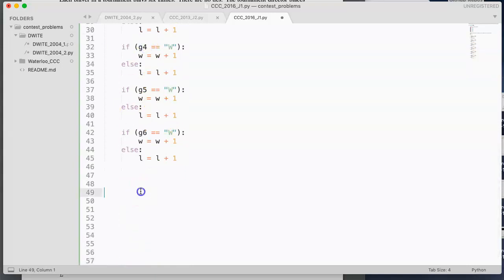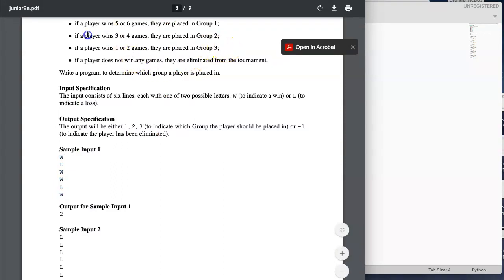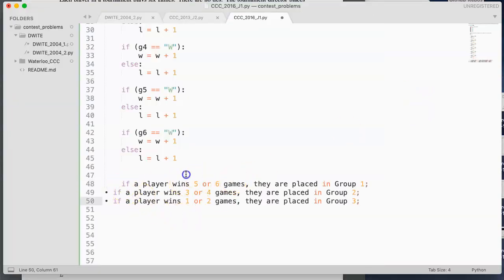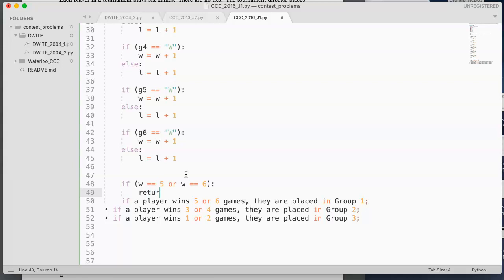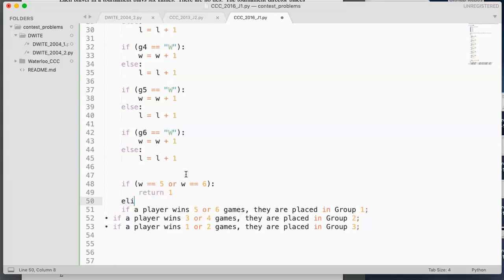And now that we have that, what we want to do is check what group they're going to be in. So let's come back to the problem for a second, and let's just take this part so I don't have to keep going back and forth. If a player wins 5 or 6 games, they're placed in group 1. So we're going to say if W is equivalent to 5 or W is equivalent to 6, then we're going to return group 1, so we'll return a 1,